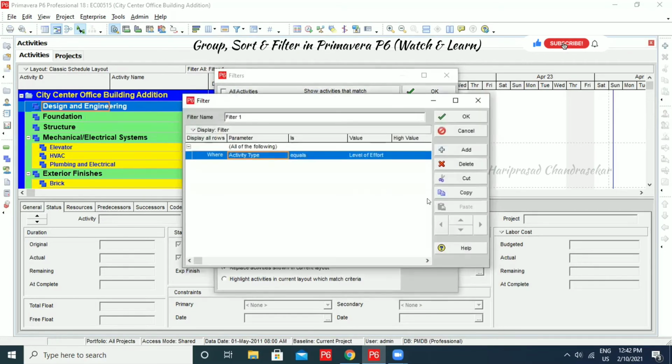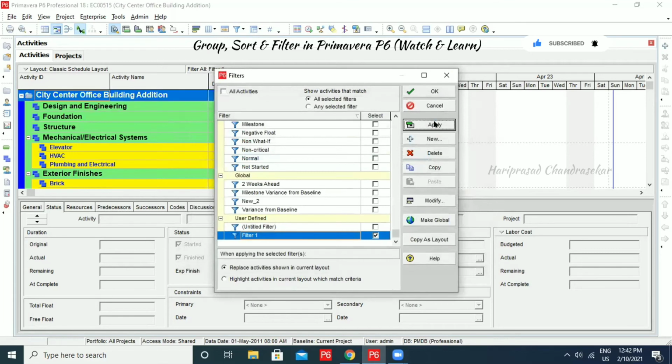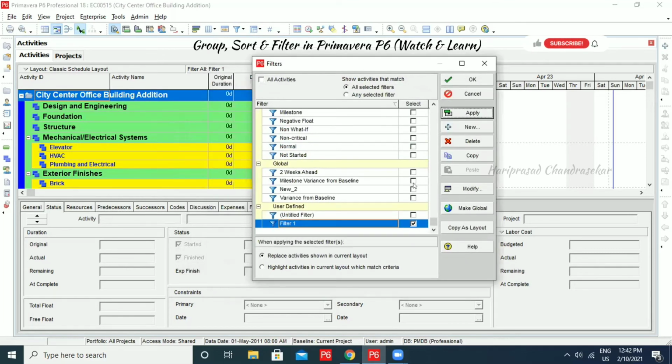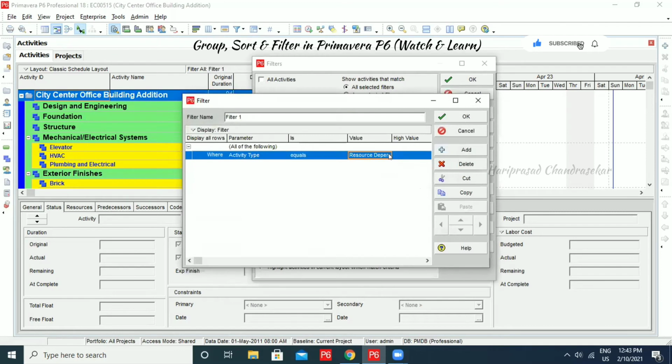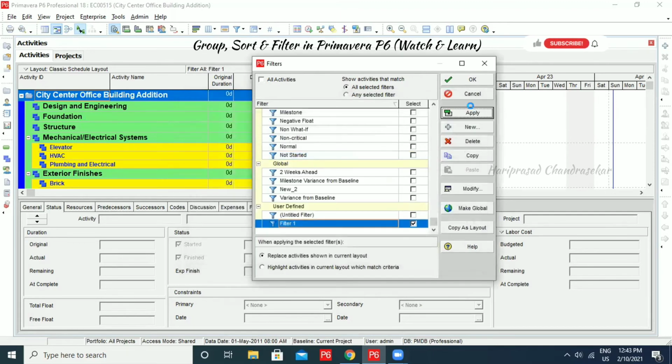So in modify, I will select something else, for example, resource dependent, and I'm going to put OK, and we will see whether we have anything. Normally, resource dependent, by default task dependent only everyone will be using. So that's why I'm clicking modify and task dependent, it will come. Otherwise we can go for WBS summary, apply.